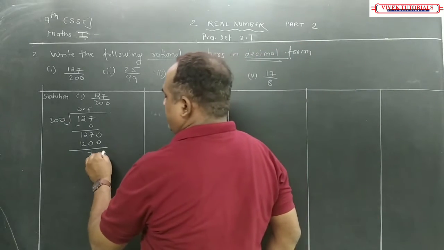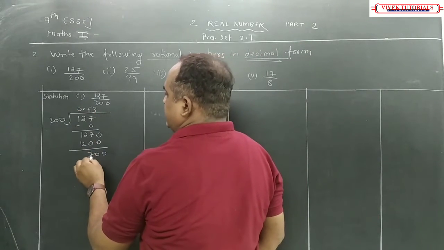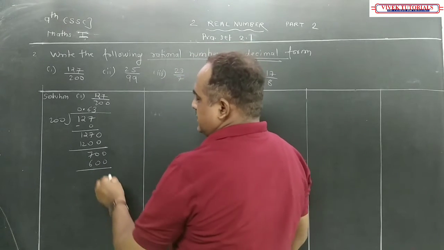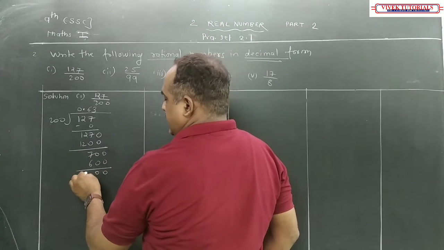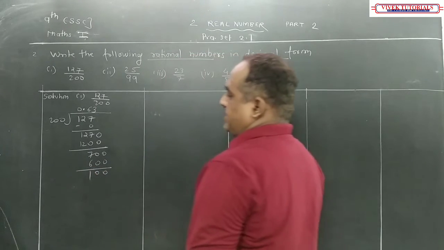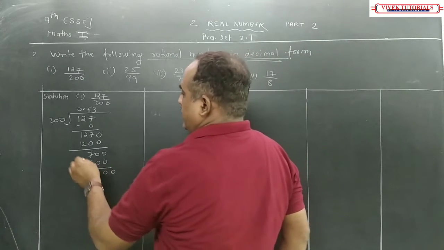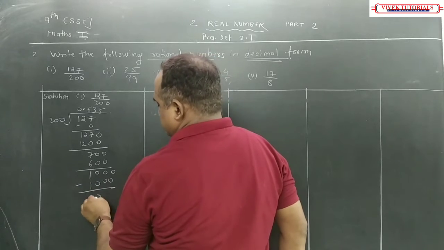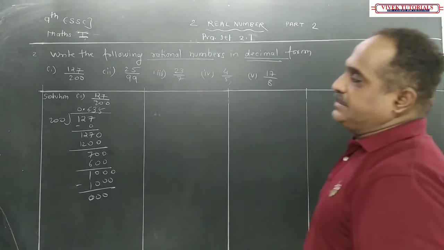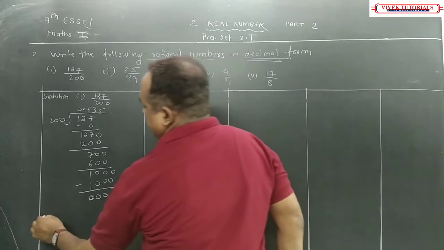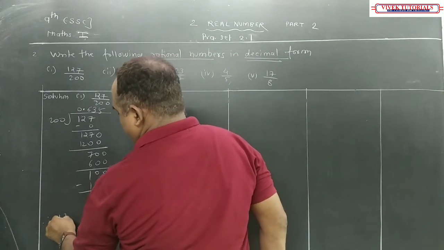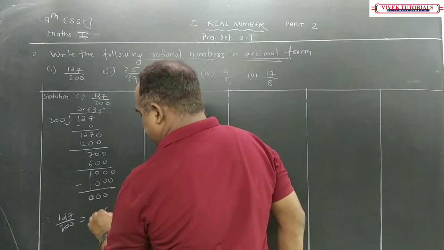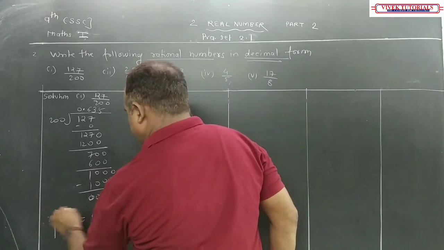One more 0 will come then. 200 3s are 600, correct, it is 0 0 and it will become 1, 1 means you are going to take again 0. It becomes 5s are 1000, so it becomes 0 0. Until 0 0 0 comes, you have to keep going. Therefore what I can write in decimal form is that 127 upon 200 is equal to 0.635.